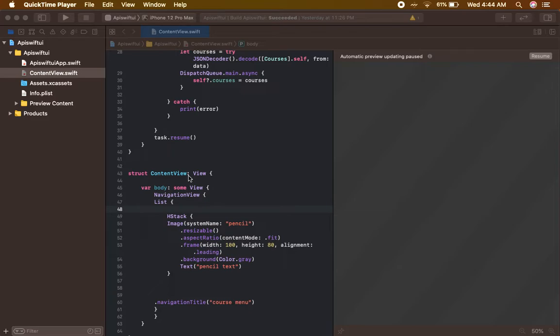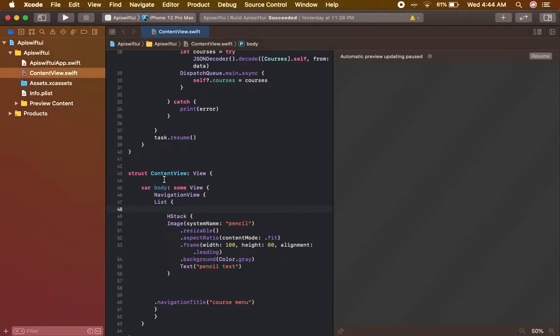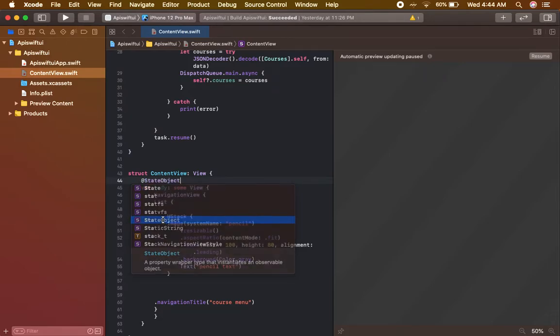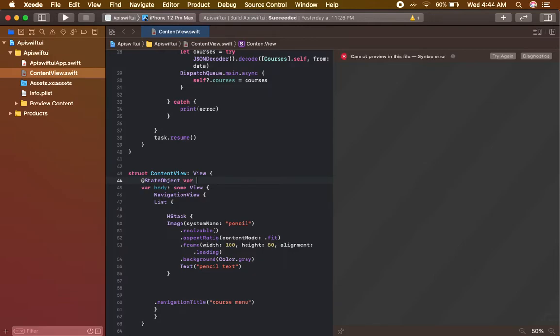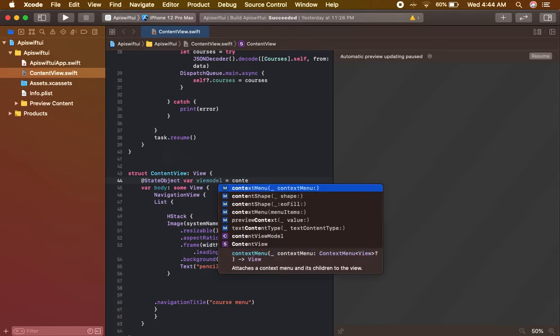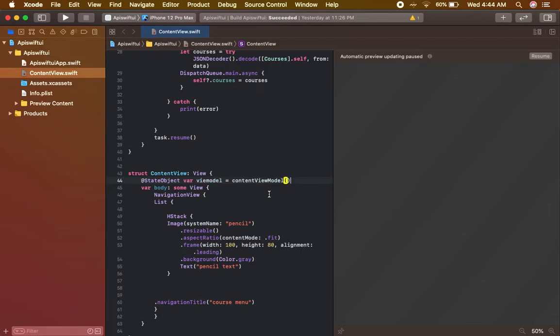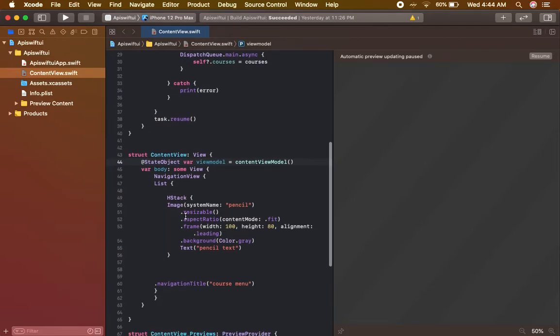So here, just declare a state object to render any changes to the view. Just declare state object, view model, content view model. I have to use this view model in the list to pass the data from model to view model and view model to view. So I have to use this view model. Before that,